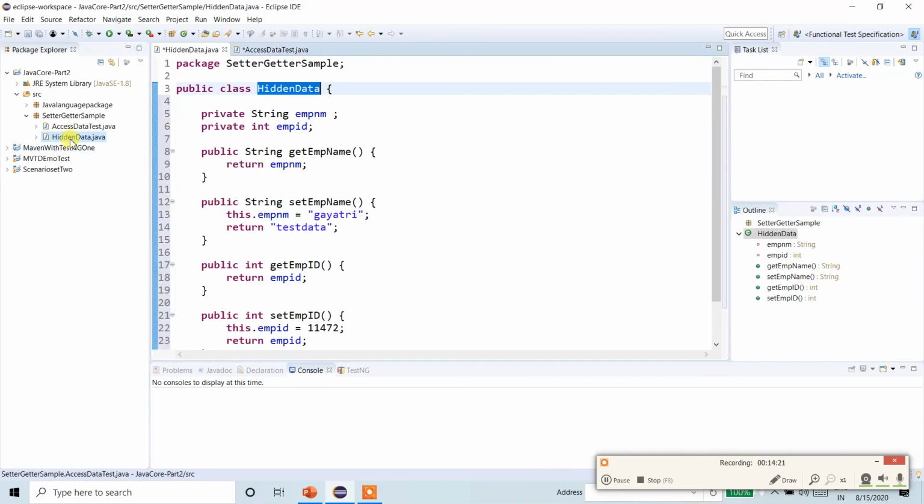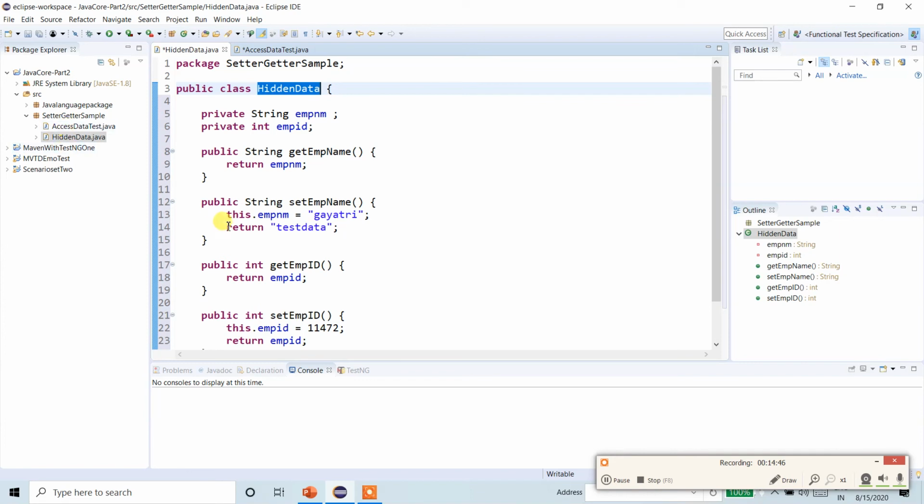So what will happen? Let us say set employee ID will be 11472. By using get employee ID, it will return 11472. So the output will be 11472. Where is the get employee ID? Yes, it is returning EMP ID. That means 11472 will be the returned EMP ID.